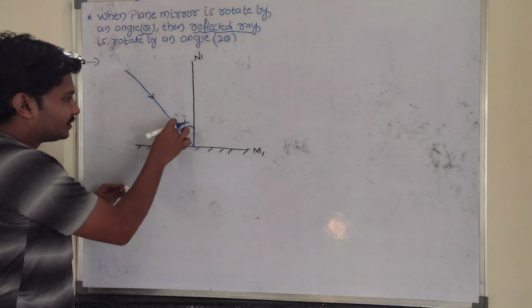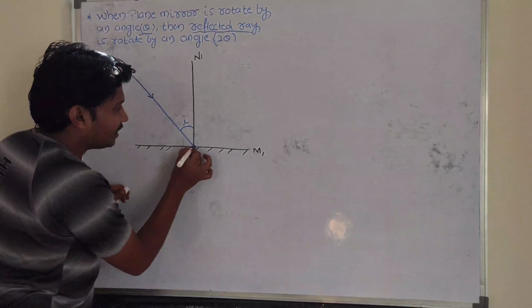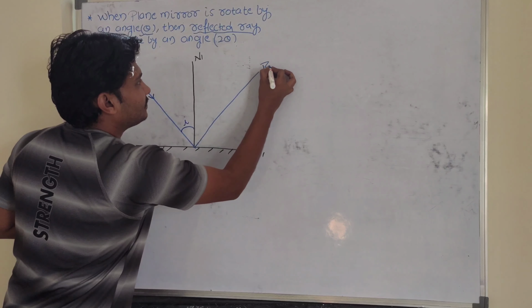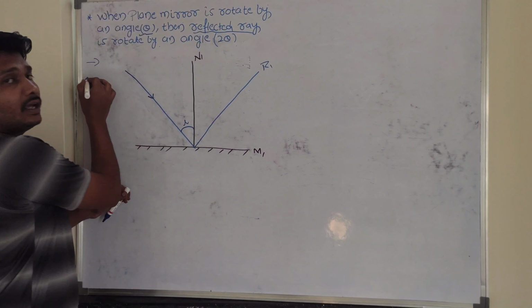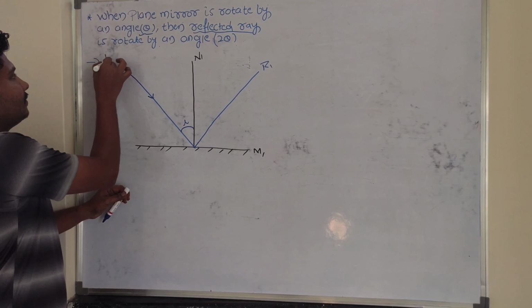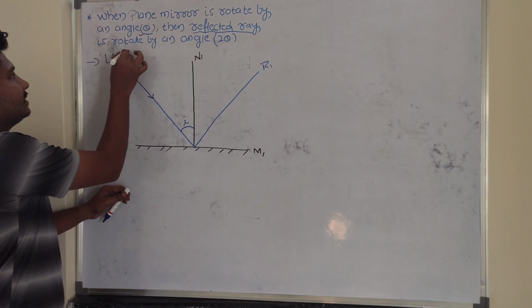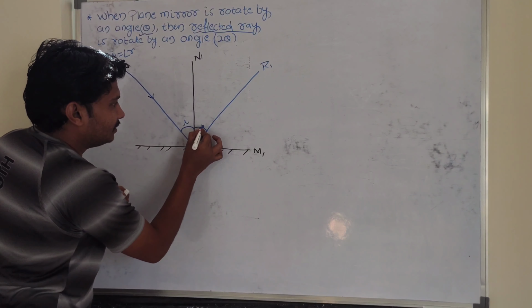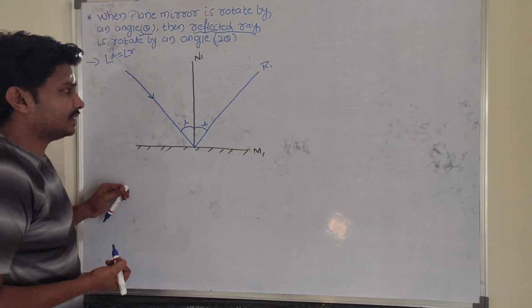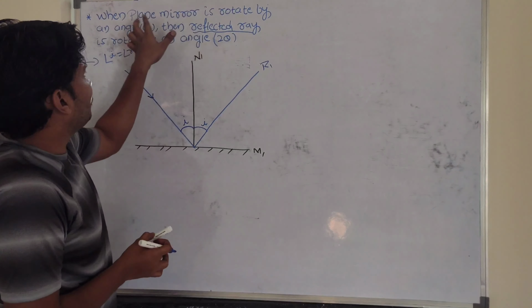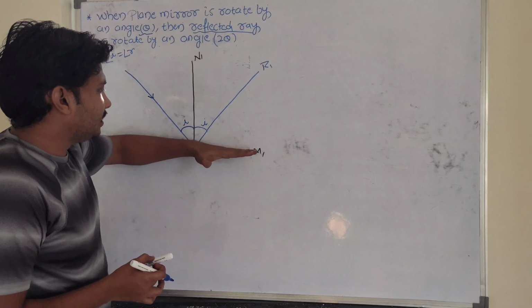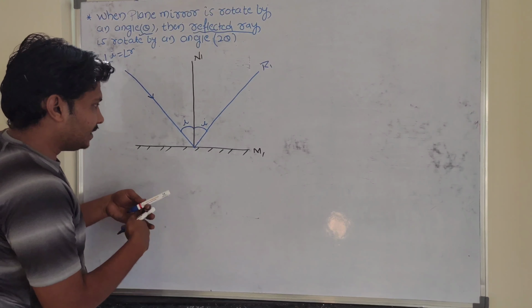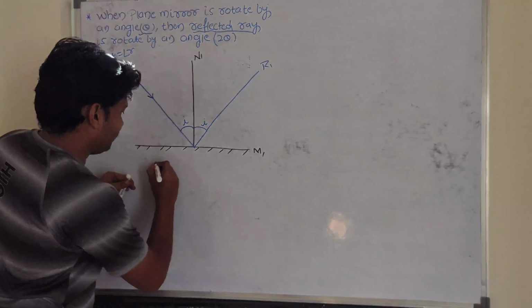Whenever the ray of light strikes the reflecting surface, the ray of light is reflected. So this one is R1. From the law of reflection of light, the angle of incidence is equivalent to the angle of reflection, so this angle I am also going to consider as I. Now the given condition is that the mirror is rotated by a certain angle theta. So now I am rotating this mirror.